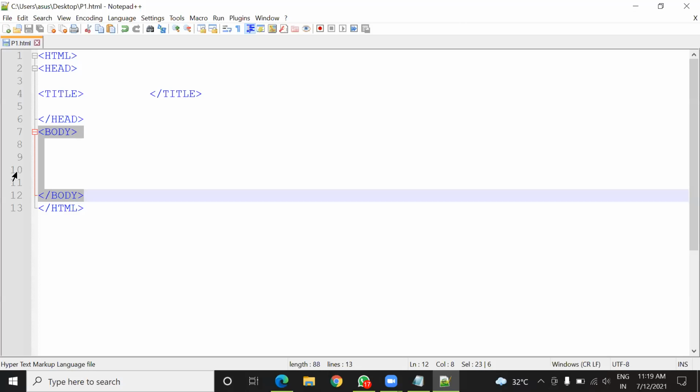So whenever we produce any HTML document, we always make the body section. Why? Because whatever content we want to display in our web page should be inside the body section. And where will it be displayed? It will be displayed in this body section of this web browser, or any other web browser you use. Understood, everyone?